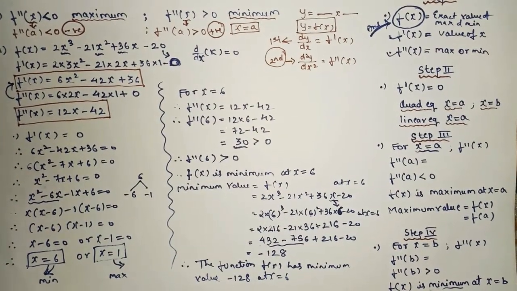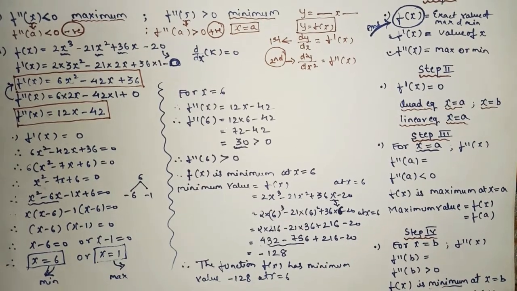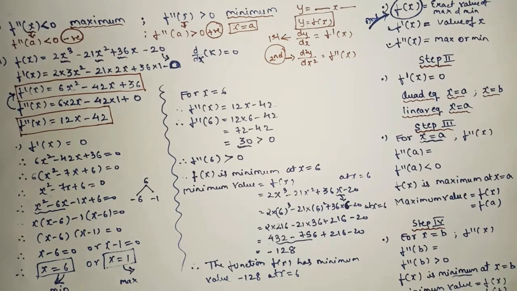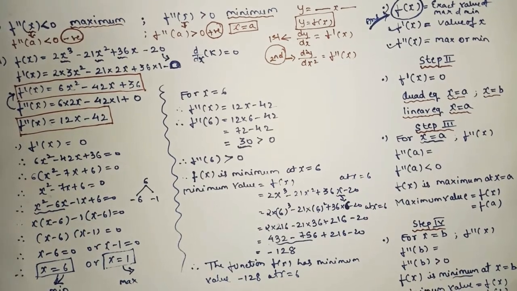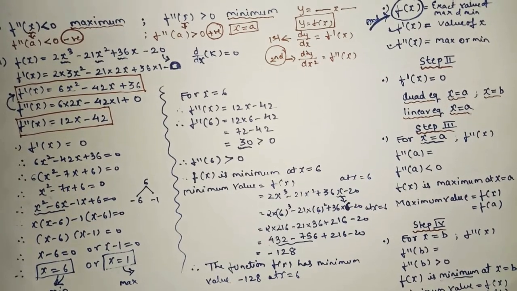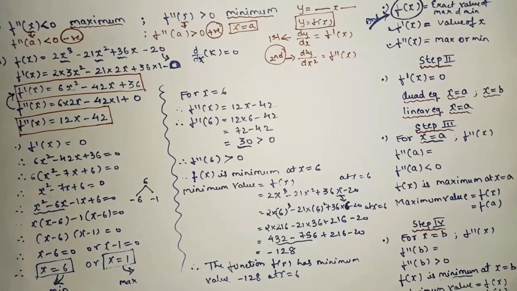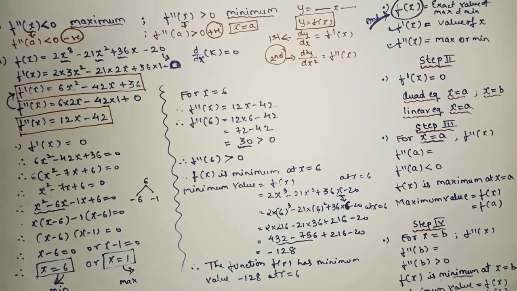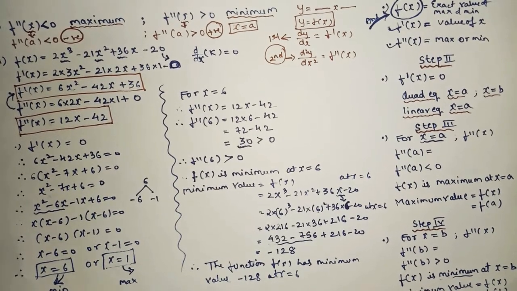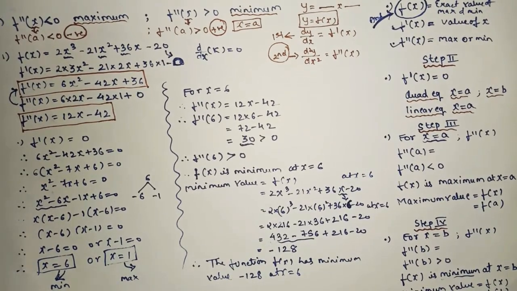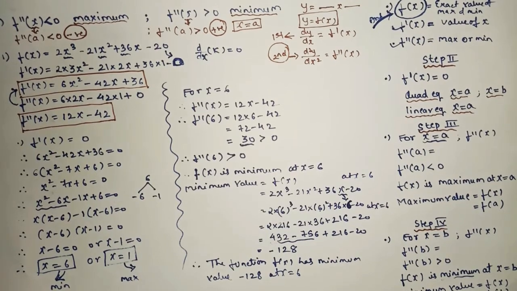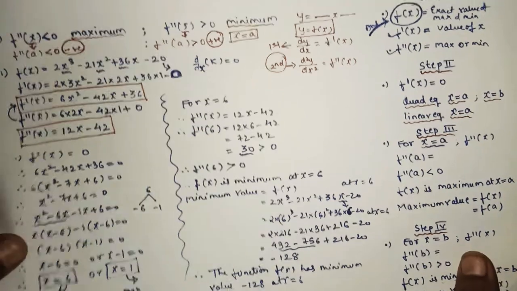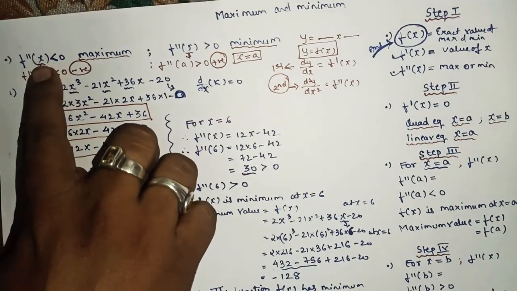Okay, so these are the steps which you have to follow to find the maxima or to guess whether the function is maxima or minima. Now, of course, at x equal to 6 the function is minima, common sense here. So at x equal to 1 it has to be maximum. So let's see whether we are getting the maxima or not. Maxima and minima means what? If the double derivative